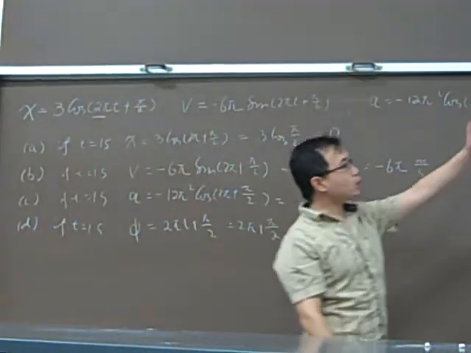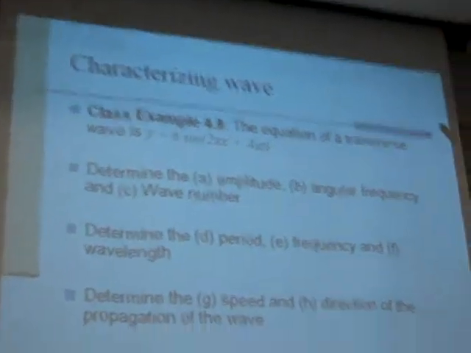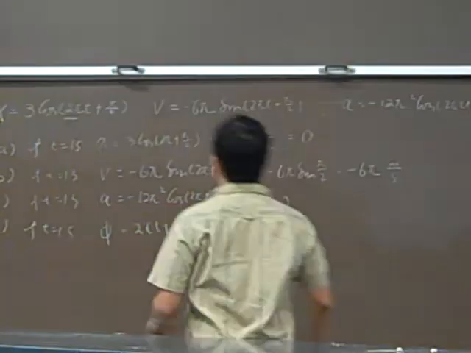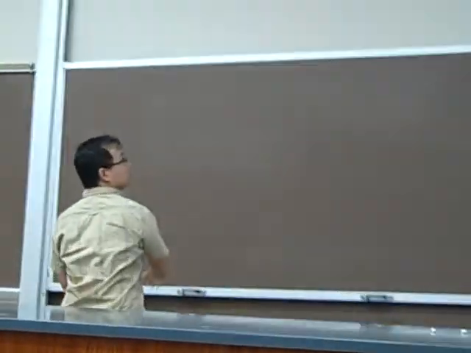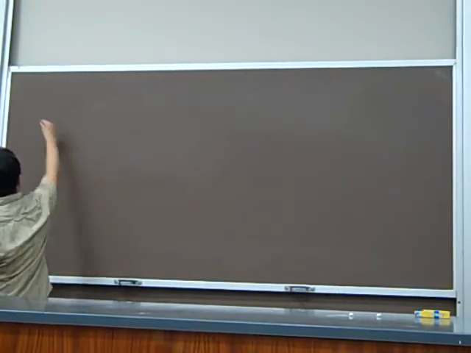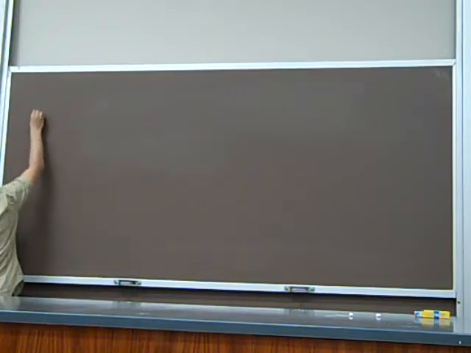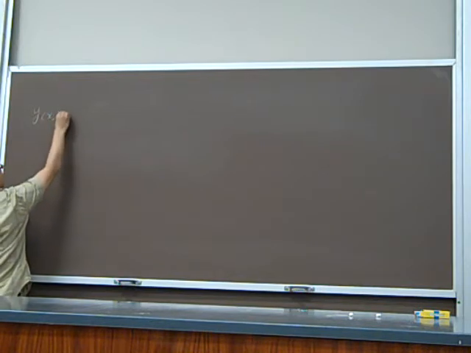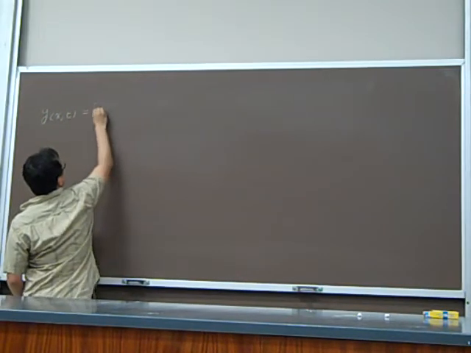Okay. And this one is an equation for a wave. So let's look at if we have an equation for the wave. Okay, what we can handle is like that. So the equation for the wave, because it describes the oscillation of all the points, is a function of both the position and the time. And it's given by